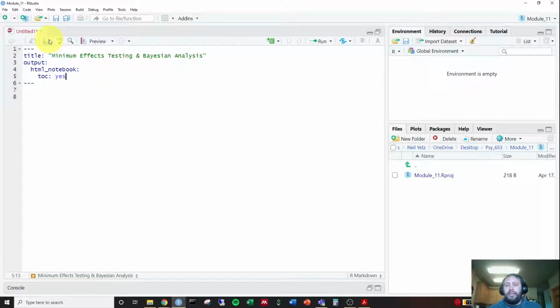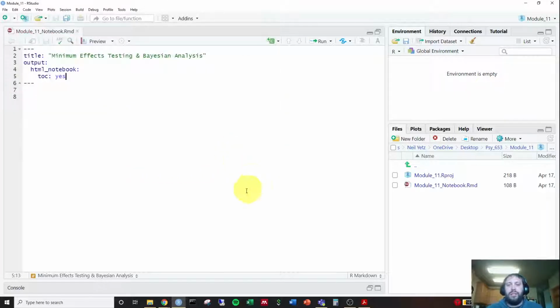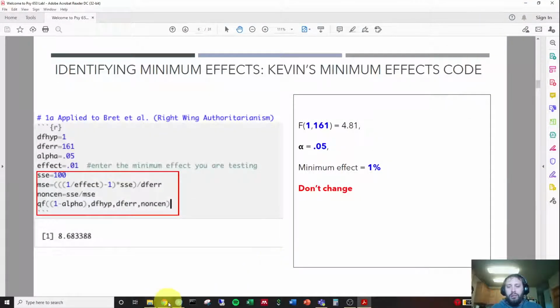And we'll go ahead and save this. Name this Module 11 notebook. Okay, now that we've gotten that done, what we're going to do is go over to Canvas